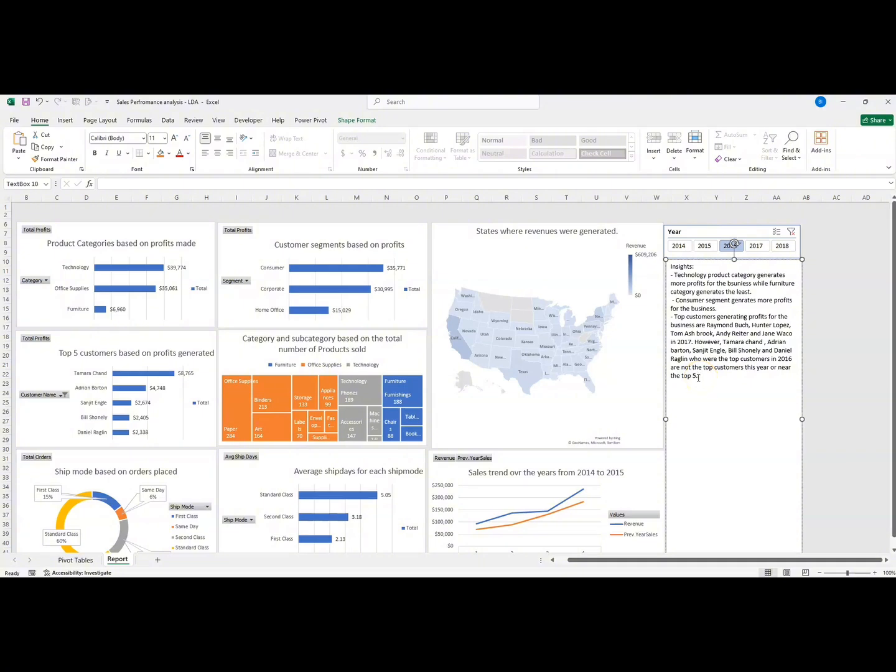So what else do you want to look at? I think we've already shown the category of products. Looking at this, you can see that most of our products are office supplies. Majority of them are from office supplies. So majority of the products sold